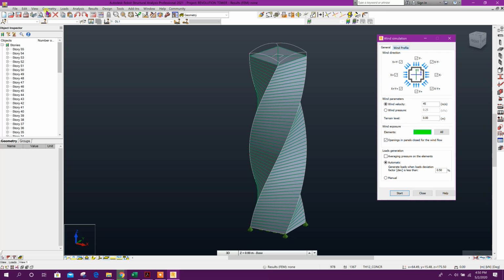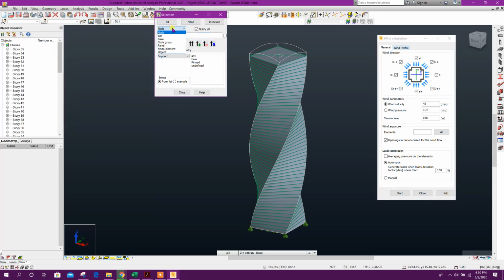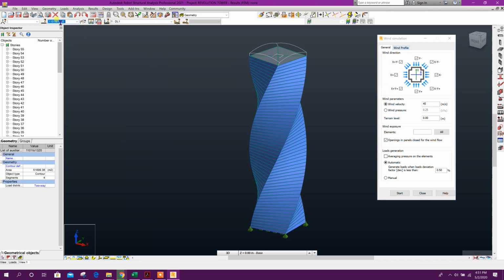We will select the claddings, edit, select object, cladding any. Okay, now copy this one, selected elements, paste here. Okay, openings in panels closed for the wind flow. If there is any opening, that will be closed if you click on this.